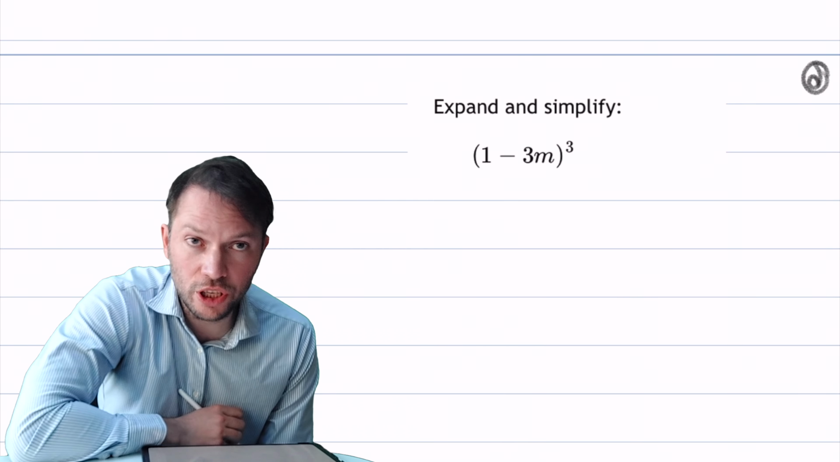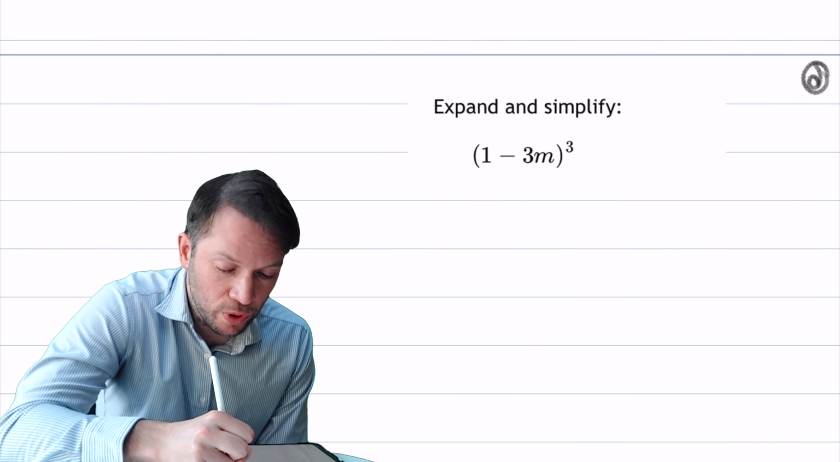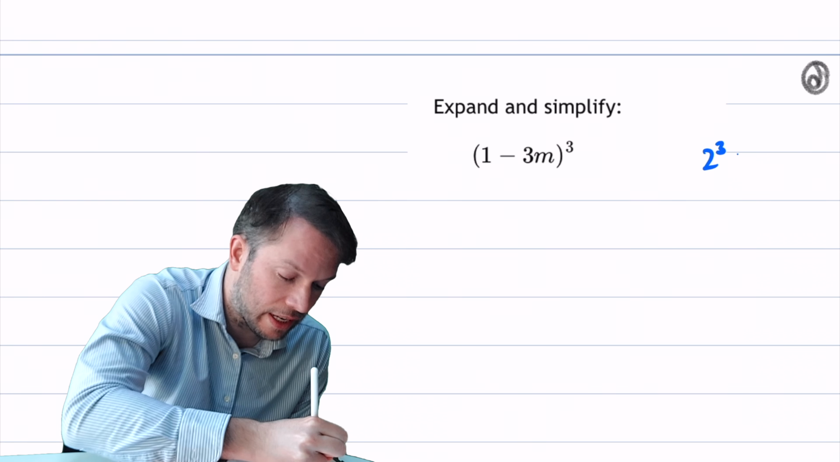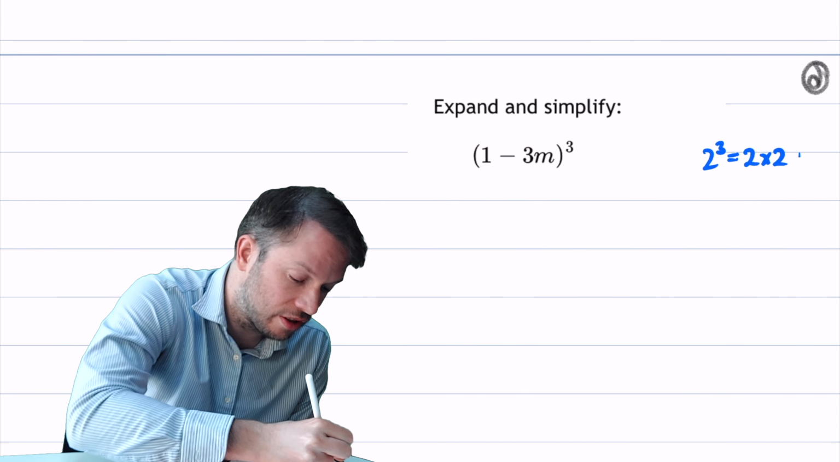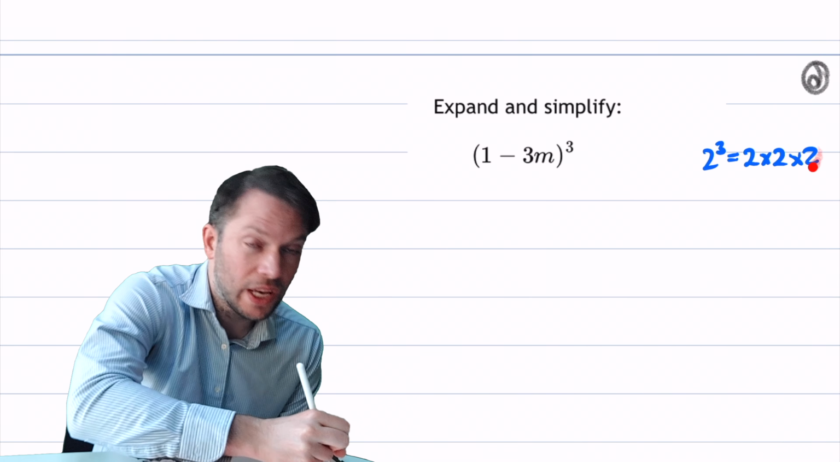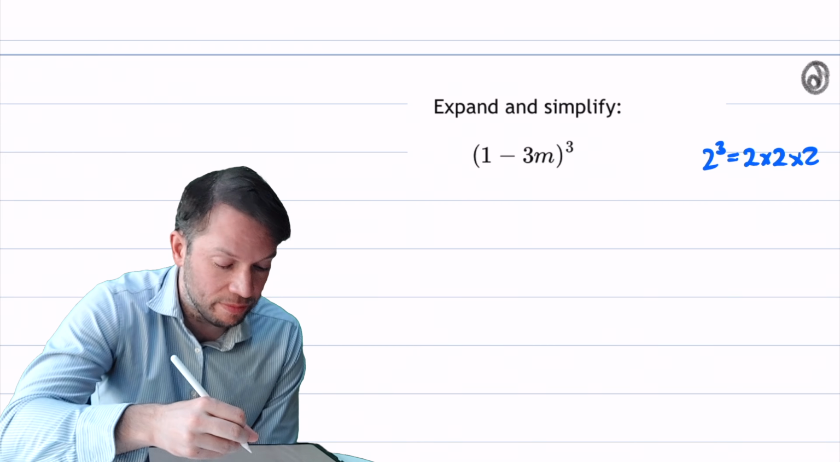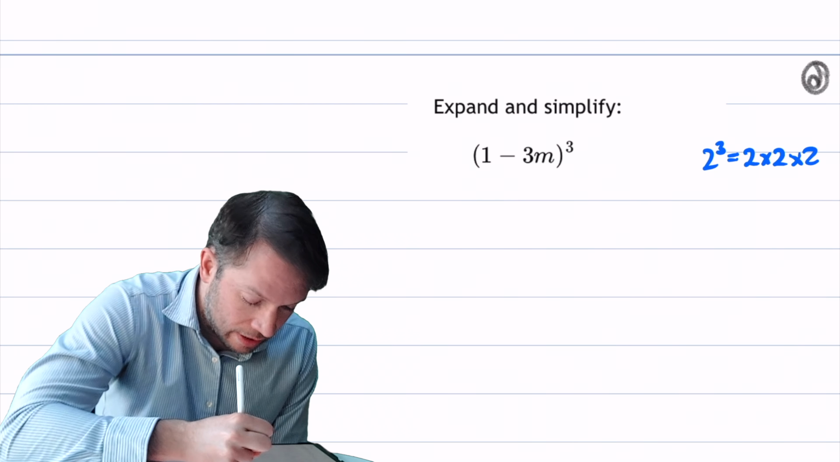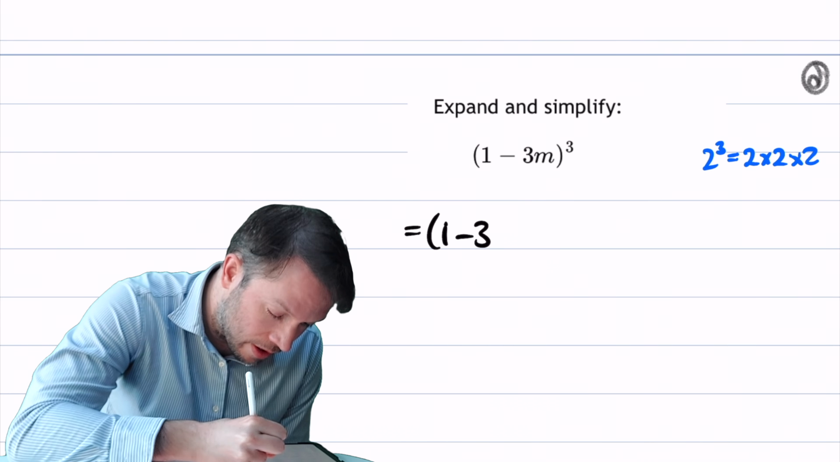In this video, we're going to cube a bracket. Now remember what it means to cube something. If, for example, I had 2 cubed, that just means 2 times 2 times 2. So I'm making 3 copies of the 2, and just multiplying them together. That's what powers mean. So when we have 1 minus 3m all cubed, that means 1 minus 3m multiplied by